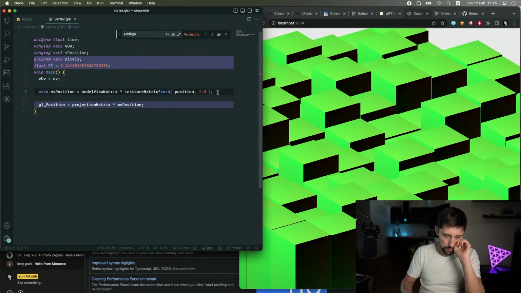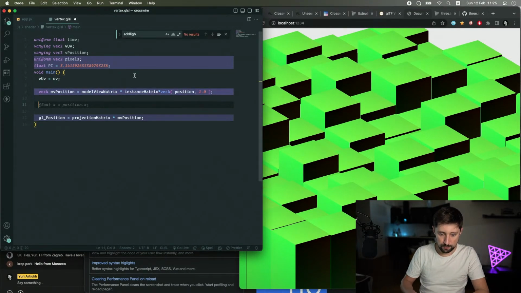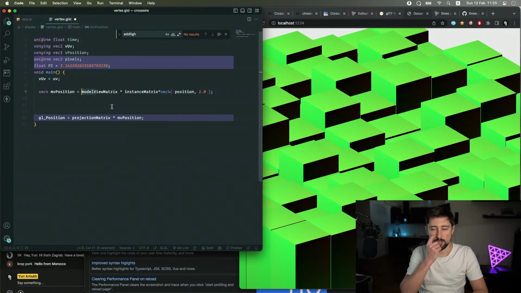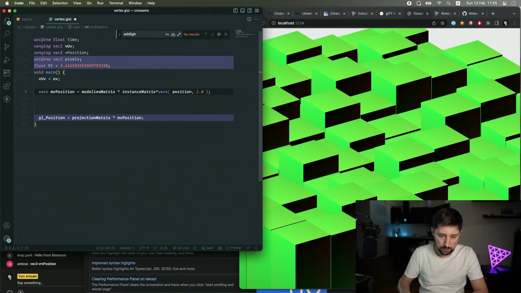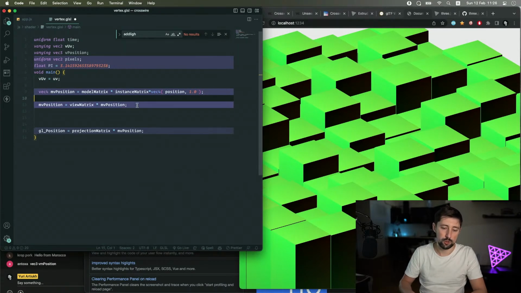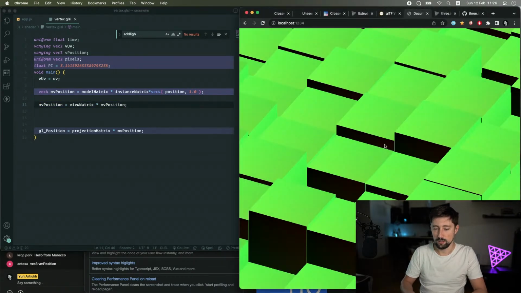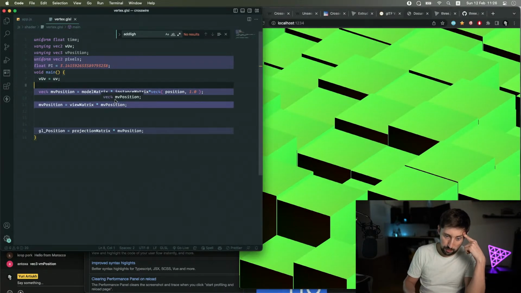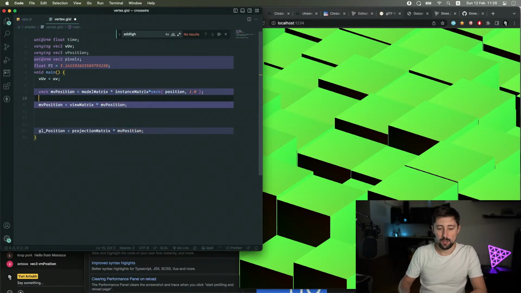What I want to do here also, I believe first it should be multiplied by the model matrix, and then the view for the camera, like MV position, model view position equals view matrix multiplied with MV position. This should work. This is the same thing. I need this because I can change MV position right here. Like I can do y